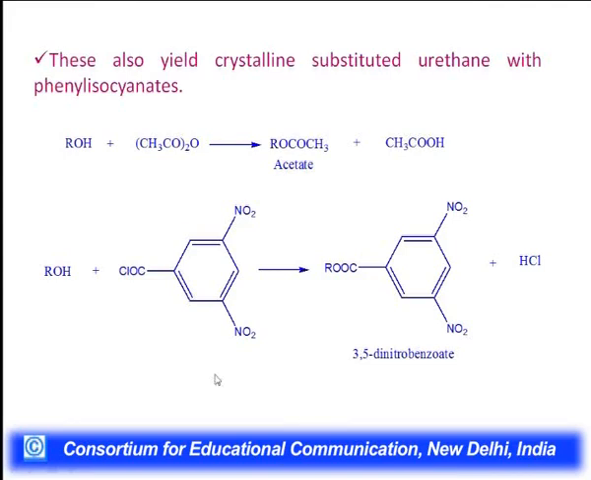Here you can see in the reaction that we have taken the oxygenated derivative of the terpenoid, and when we treat it with the acetic anhydride, these crystalline substituted products, which are basically the acetates, are formed. Here again we have taken one more oxygenated derivative of terpenoid. When it is treated with the dinitrobenzoyl chloride, it forms a 3,5-dinitrobenzoate. So by formation of these crystalline substitutes, we can say about the presence of the hydroxy group present in the